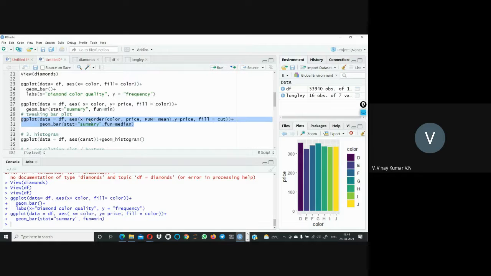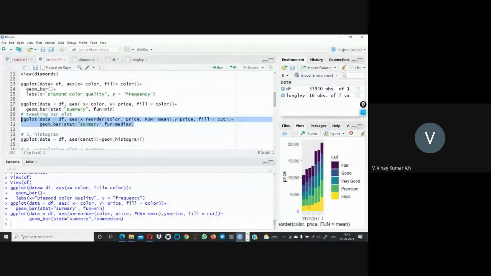Axis is we are reordering the axis. So our axis x equals to color and price. Between x and x itself, I am mentioning it is like color and price. And for this one, we are taking the average. Mean is nothing but average. With respect of x price, we are taking price comparison. So once I generate this one, you will understand what is going on.